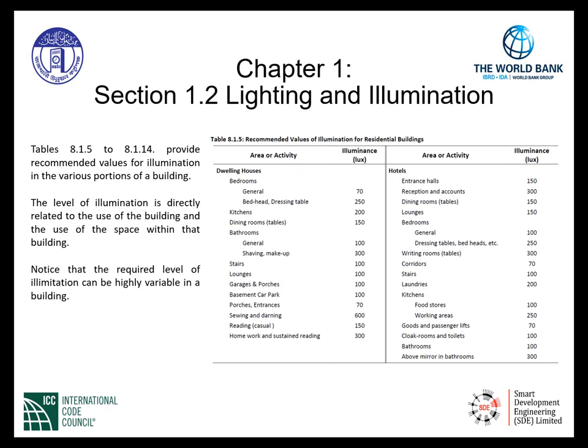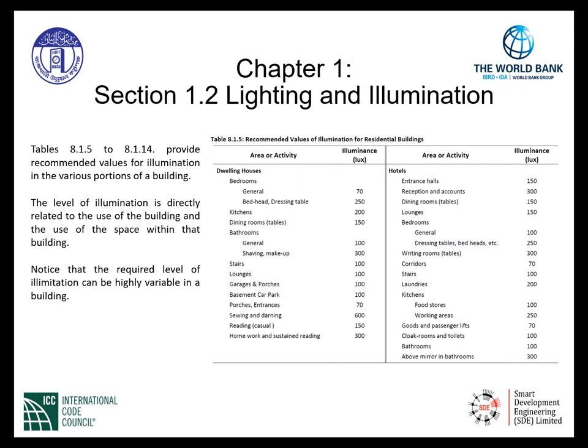When we look to the right side, the second half of the table, the category is hotels. Entrance halls have a minimum illuminance of 150. Reception and accounts, 300. This is where we have detailed paperwork and reading at the reception and account area within hotels. As you can see, the illuminance levels go up for this task type work in our hotels. We have writing rooms, tables at 300, and going further down, above mirror in bathrooms also has a minimum illuminance